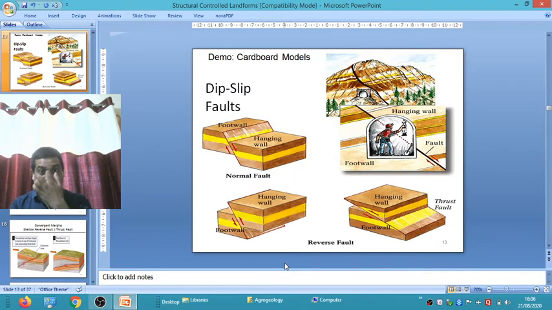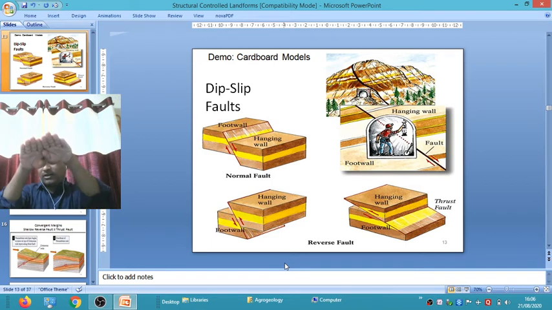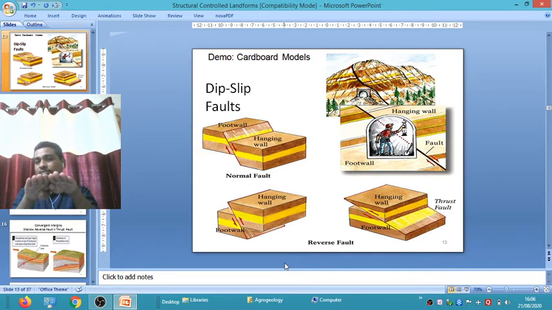This is the structure of a fault. You know, fault means displacement of the bed, maybe horizontal displacement or vertical displacement. This is the footwall. Footwall means A and B. Suppose B is in the downward direction, slipping down, called the hanging wall, and those beds that remain constant are called the footwall, and those beds that move upward and downward are called the hanging wall. In a reverse fault, the hanging wall goes upward, and in a normal fault the hanging wall goes downward.